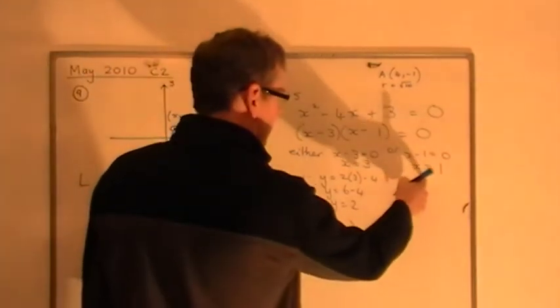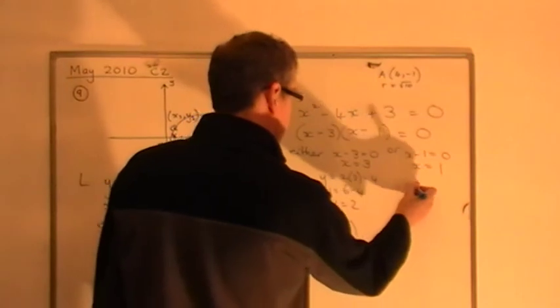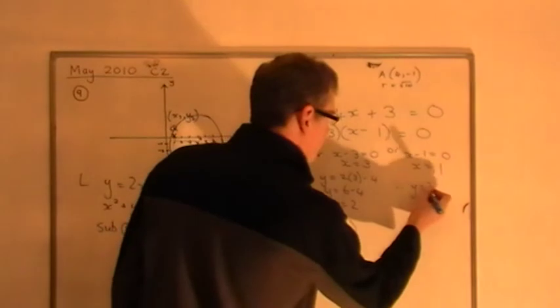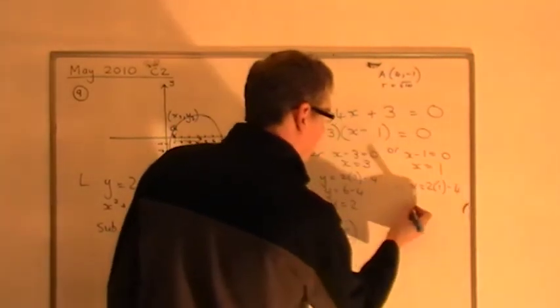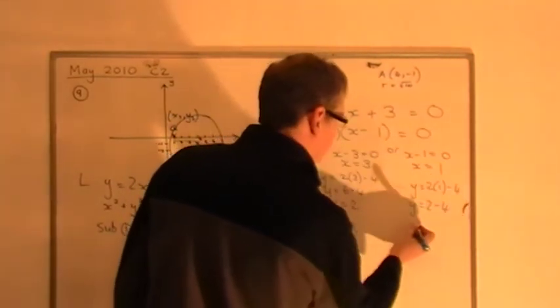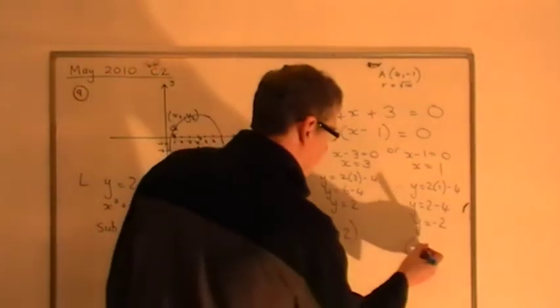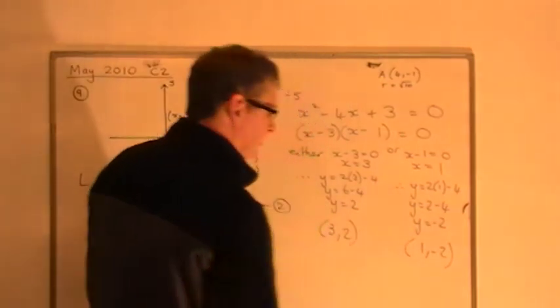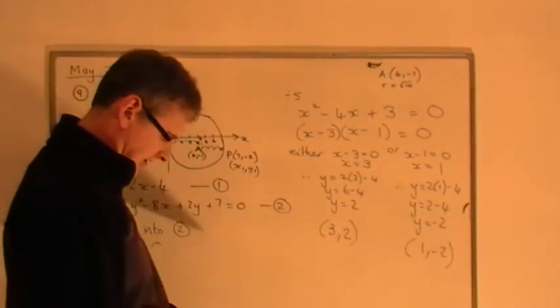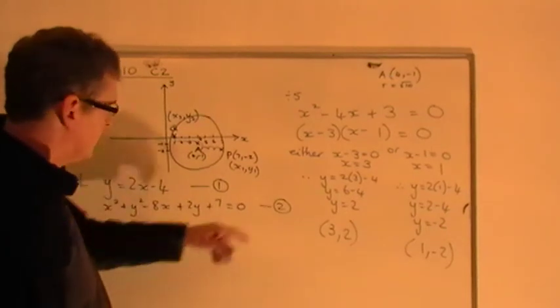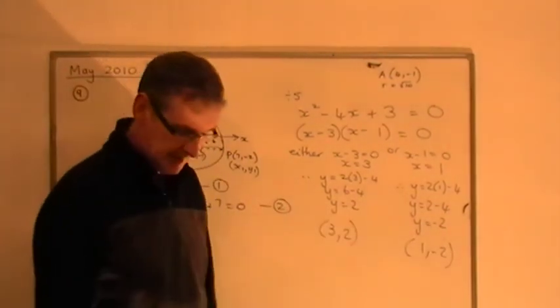Second point comes from x equals 1. So therefore I can say that y will be 2x take 4, which is 2 1's take 4. So y is 2 take 4, y is negative 2. So the second point of intersection is 1, minus 2. And there you go. To do that basic simultaneous equation, to find those two intersection points, you get another 4